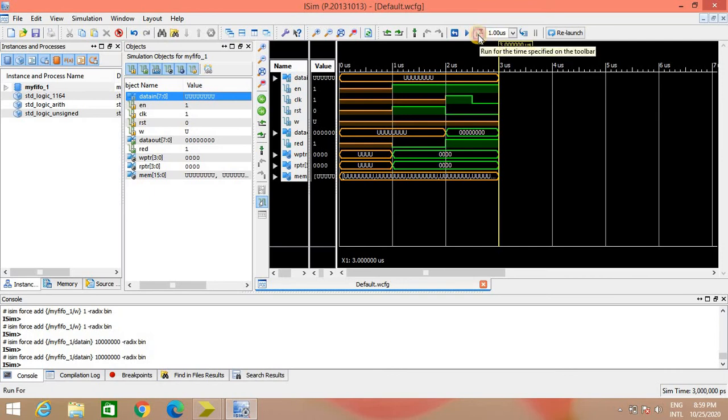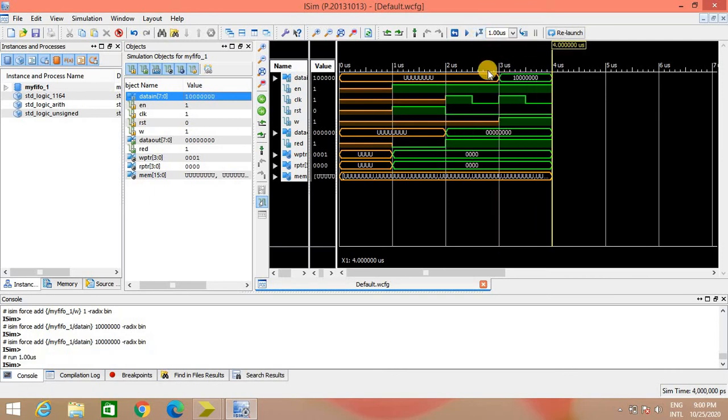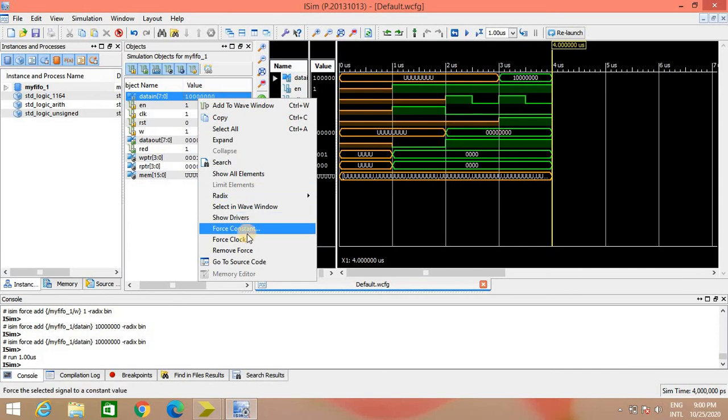Run for the specific time. Now it is just a writing operation going on. So we will write some more locations. I have written just one location right now. Now I will write the second location.